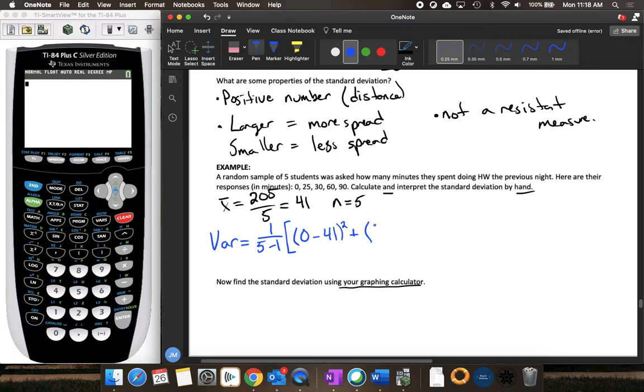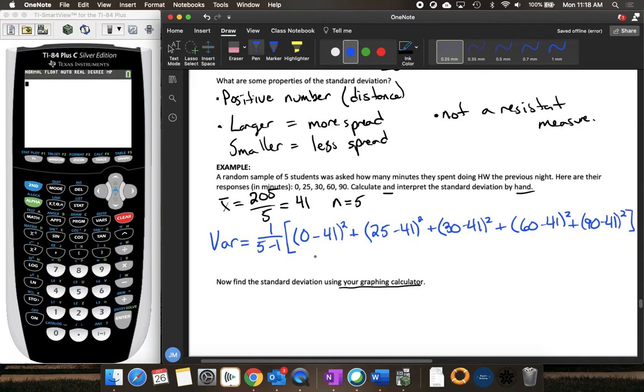The next value in the data set was 25, so we'll take 25 minus 41 and square it. And then we do that again: 30 minus 41 and square it, plus 60 minus 41 and square it, plus 90 minus 41